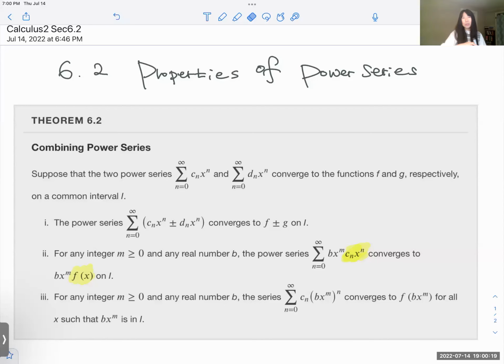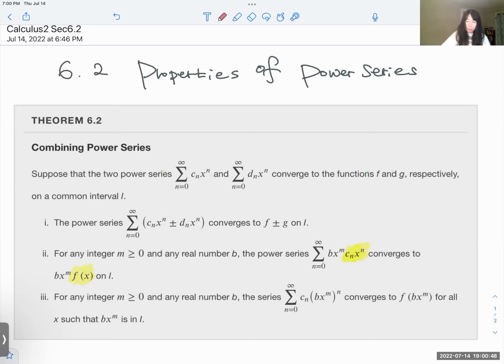So today, we're going to do 6.2, properties of a power series. Okay, so I brought the screenshot here already. Combining power series. So we do combining with addition and subtraction. Two power series, we combine them. Then look, this series converges to this function